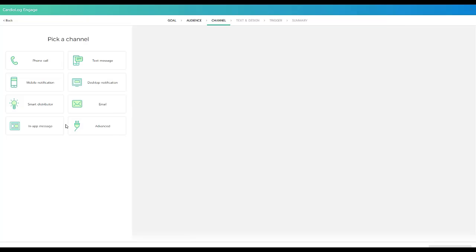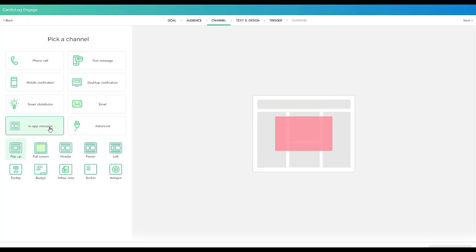The next step will be, how do I want to engage with these users? Maybe I want to send them a message right within SharePoint. It will pop up as a header or footer. And here I can remind specific users of SharePoint, people in a specific department. Based on all the data that I've just shown you, you can reach out to specific people and specific departments and specific groups and tell them about content that has been moved, tell them about search results that you have seen are not very efficient